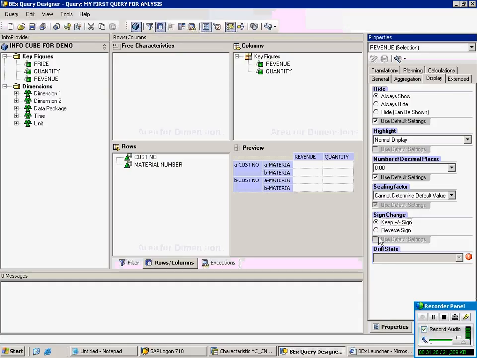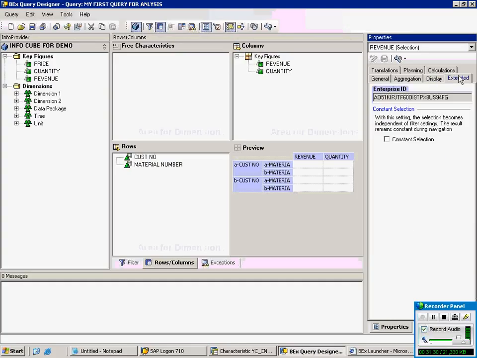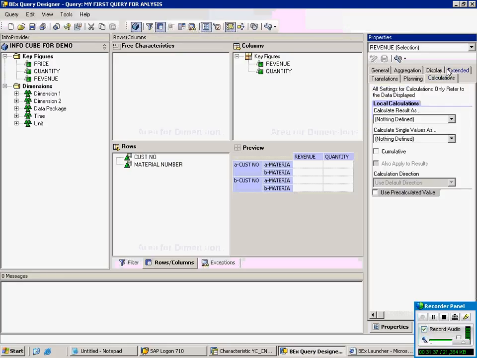Display is clear. Then you can see next is extended, which is to which portal ID you have to broadcast it. Then you have something called calculation. Now you ask me, Vinay, I want to change my result. How should your result be changed? Calculate result as what? Nothing defined means by default it shows the entire values and adds them. Or if you want, you can apply a minimum or a